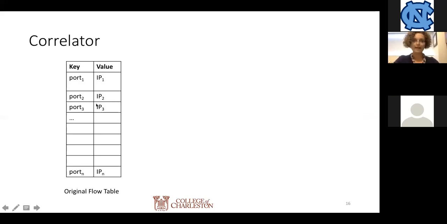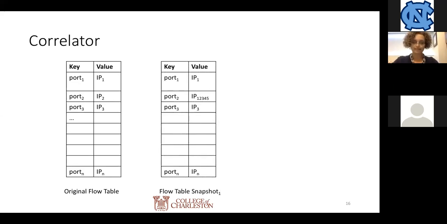It has a nice hash table of the original flows that are running, original flow traffic that is running in that local network where our OVS and our controller is running. Now, when the attack happens, like I said, IPs are getting sent, SYN packet IP sources are getting sent to the